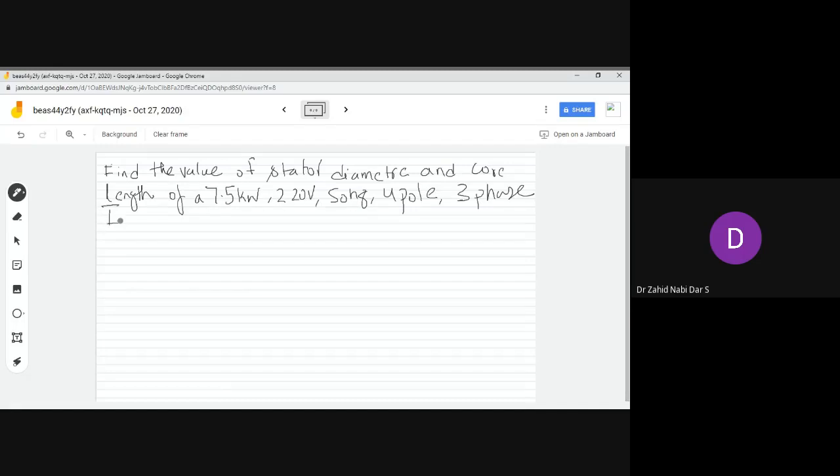I'll write it as IM. Induction motor for